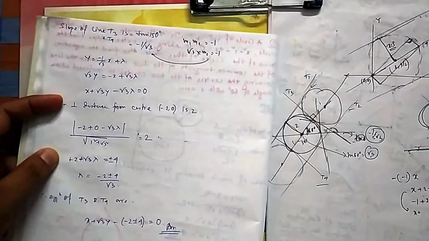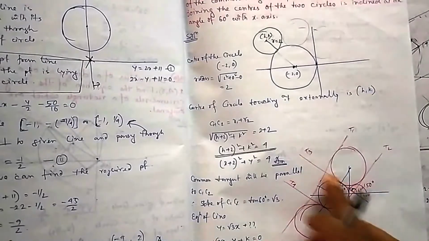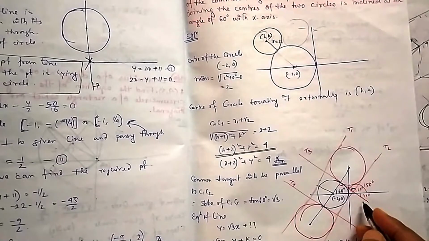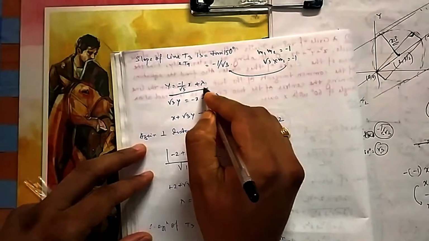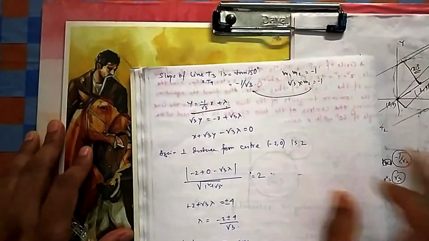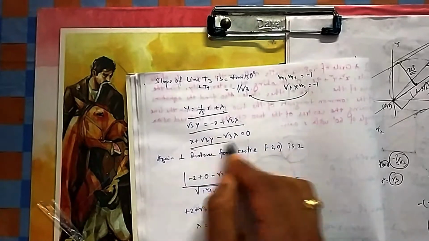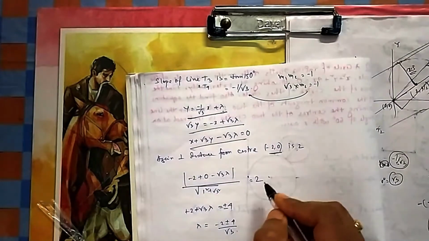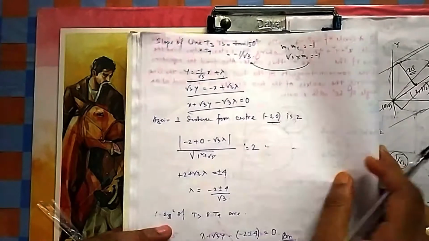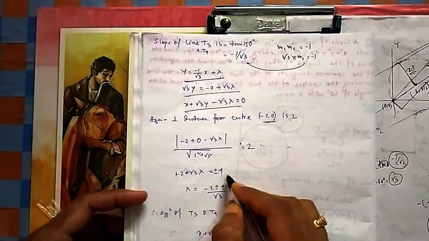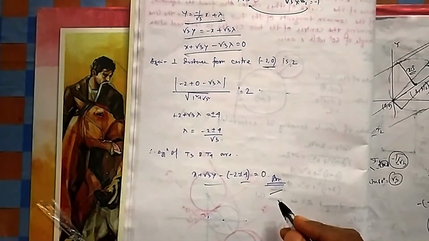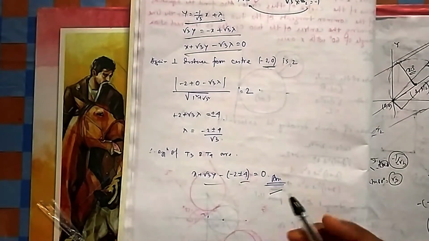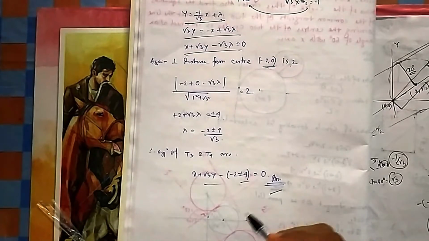So now you know the slope of this line. Again you find the equation, write the equation with this slope with some constant. The distance from the origin, again that should be equal to 2. So equation with this constant, suppose here I have taken lambda because I have already taken k. So the distance from this line, from the point, this should be equal to 2. From the center this distance should be equal to 2, the radius. So if you do this one, if you remove this one, then it is again plus minus. So equation of T3 T4 is this one. You put it one time plus, one time minus, so you will get two equations.